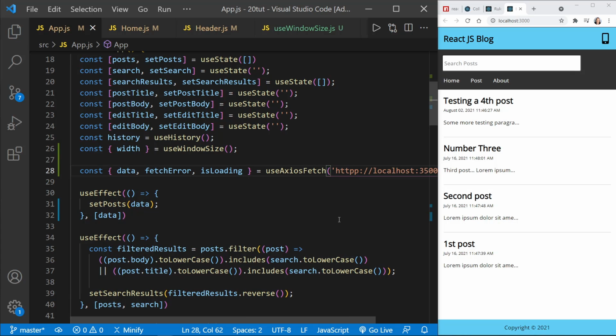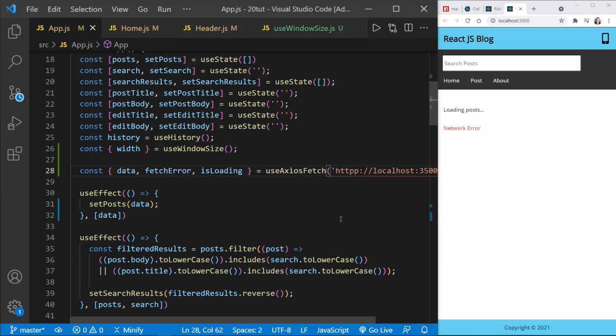And I'll save after creating a problem with the URL. And we got a network error. Let's once again reload. We got Loading Posts and a network error, and maybe we could eliminate that where we're not getting a loading message at the same time as the error message. So let's go back to Home